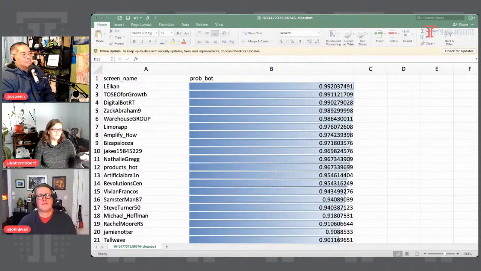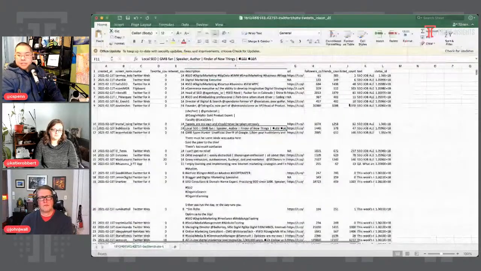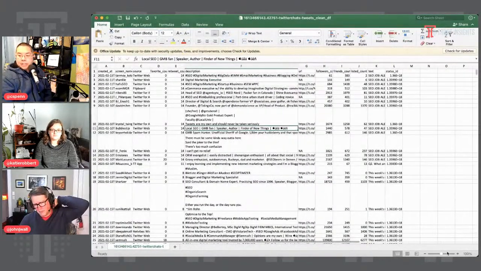Or, to play devil's advocate, if you are followed by an account like digital bot retweet, is the act of that bot retweeting everything that you tweet then reaching their audience, and therefore the likelihood that people might engage with it? Yep. When you look at what you get out of Twitter's API, you actually get a decent